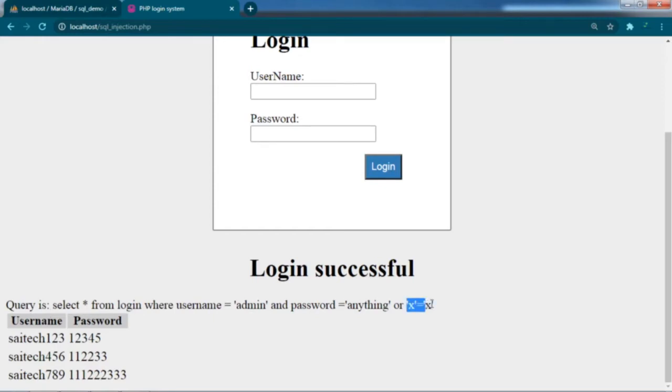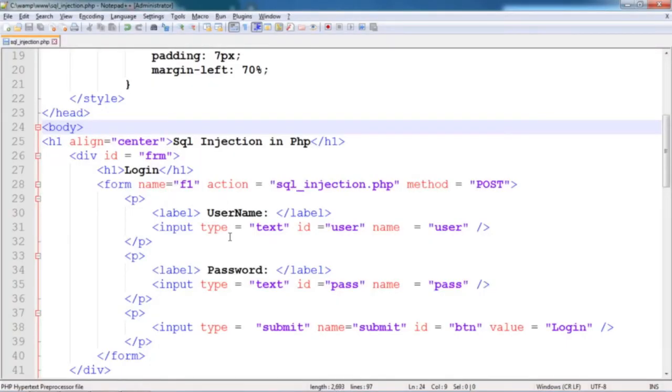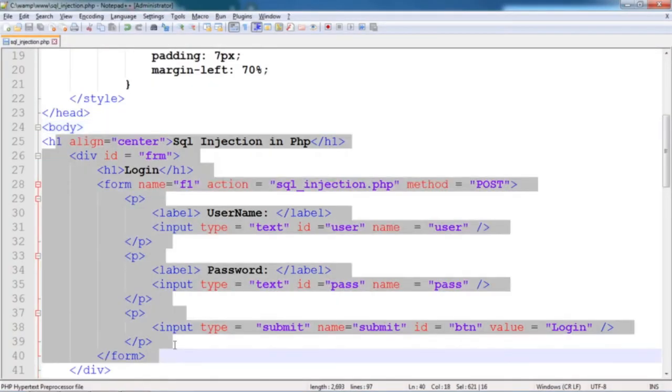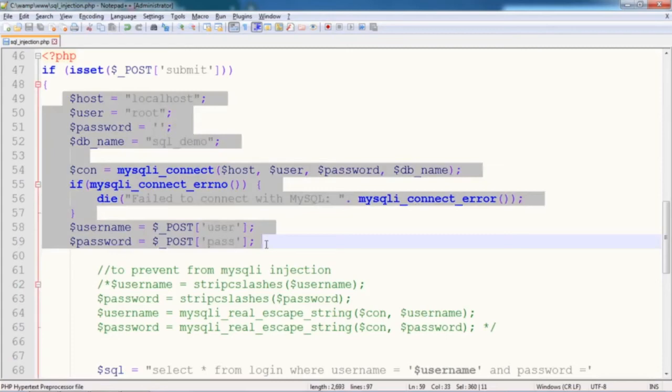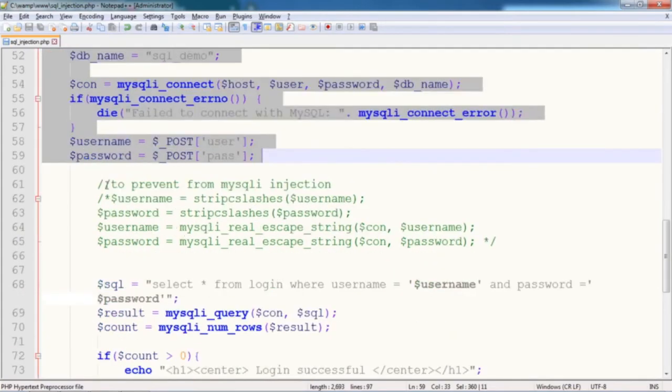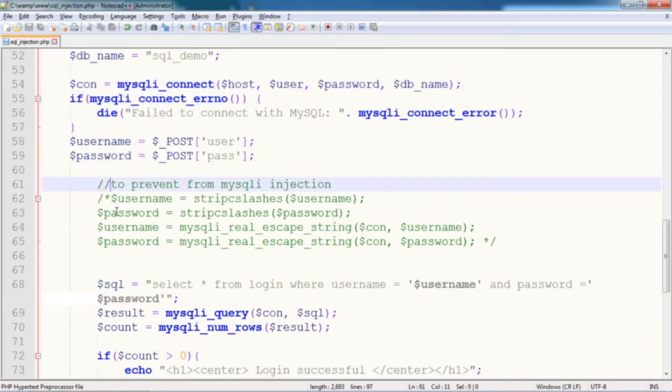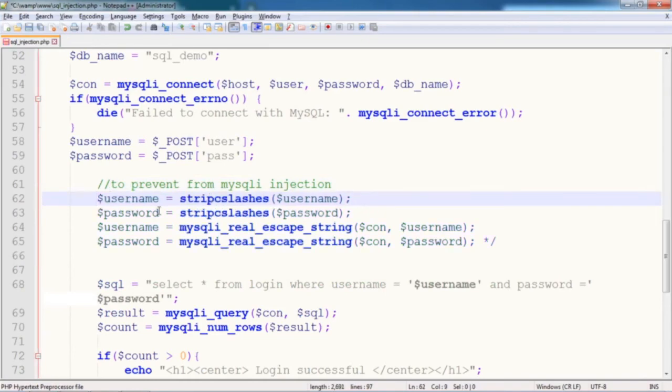So how do we prevent SQL injection? Let's see. Here we have created one simple Google form, and inside that we have first used the connectivity for the PHP code. For example, if you want to prevent MySQL injection over here, then what do we need? First we have used